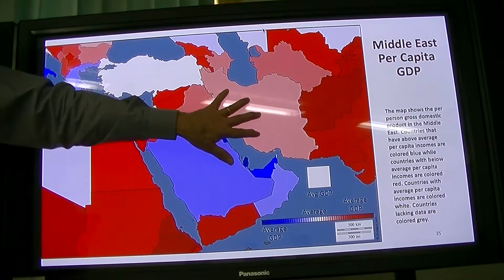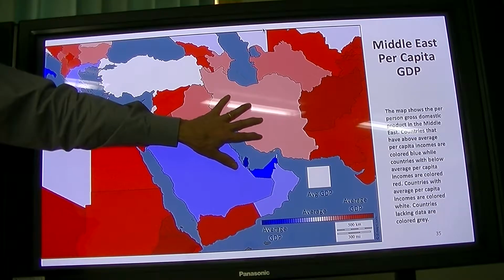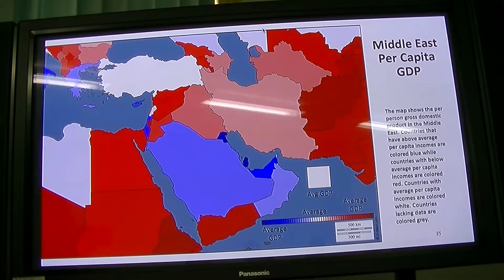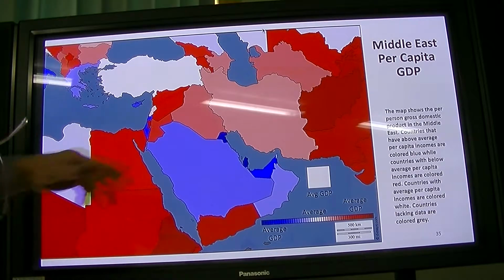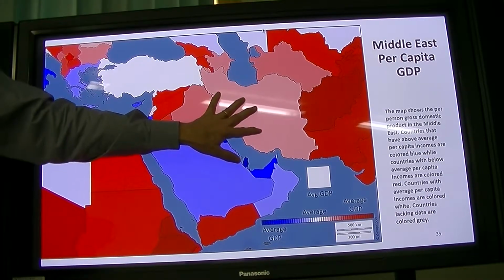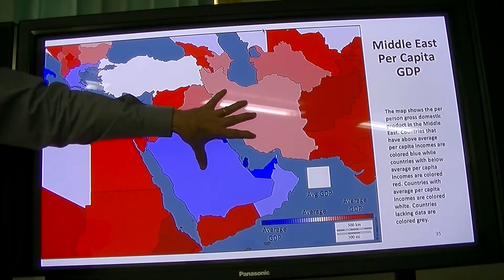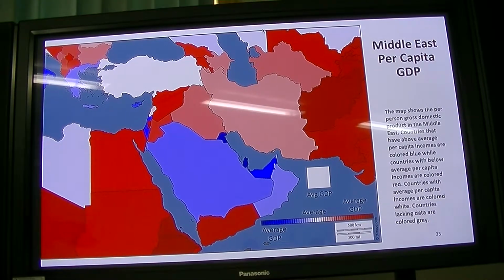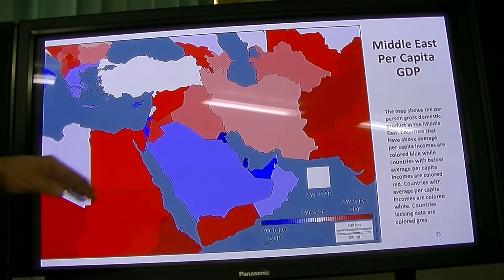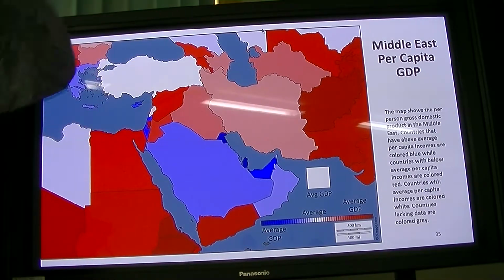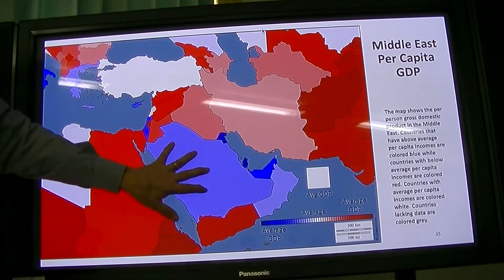Now you'll see Iran is below world average, and it's because of the sanctions, and it's been kept outside of the international economy. The West views Iran as a troublemaker in the world. So that's certainly a part of that, and the President of the United States was just there